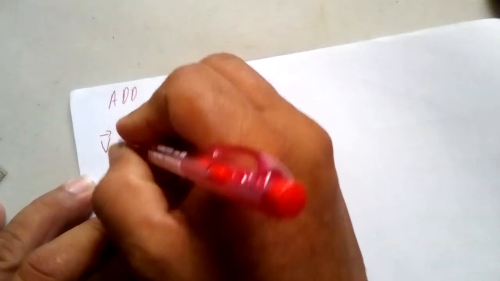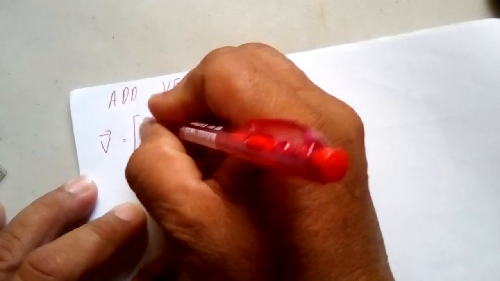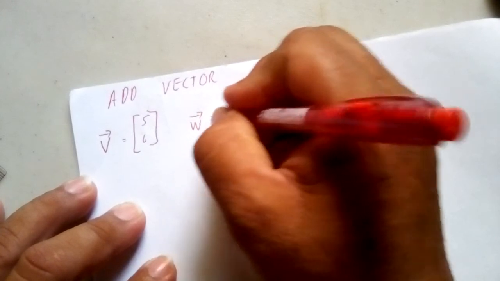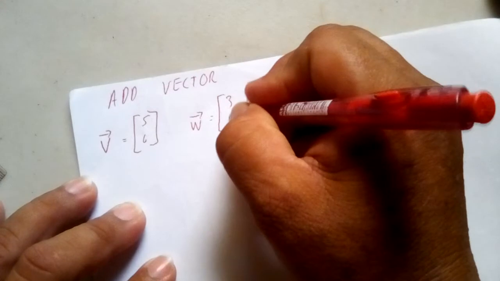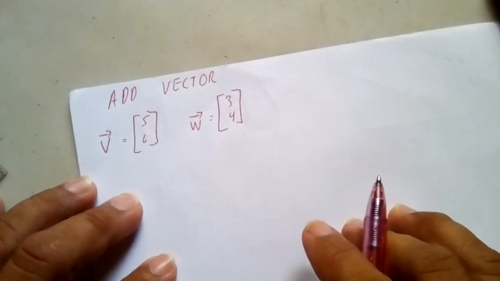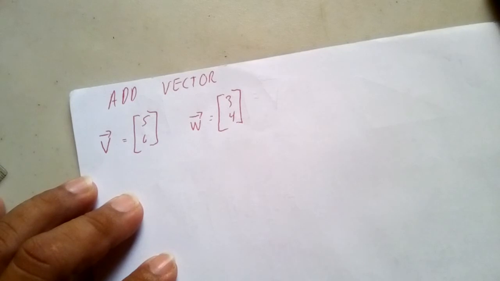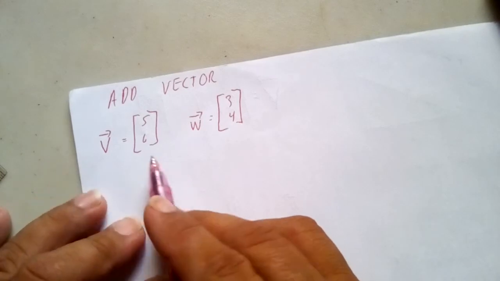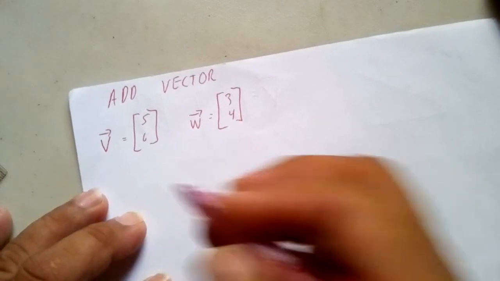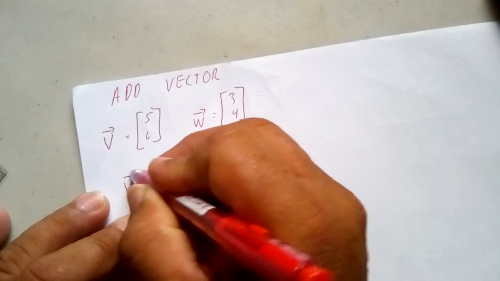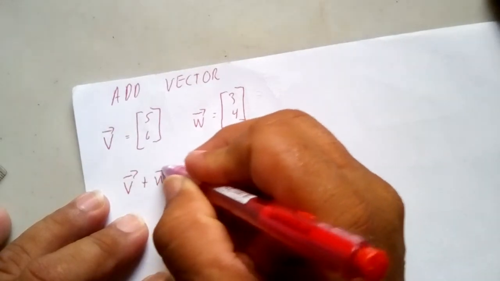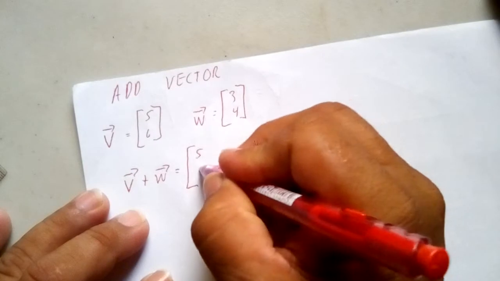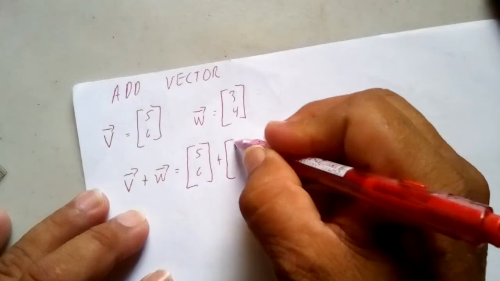Consider vector v has components 5 and 6, and vector w has components 3 and 4. Okay, so those are the two vectors that we are talking about. As you can see, we're going to add these two vectors. The way you write down the addition of two vectors is you put them this way: vector v plus vector w equals, and you write down the two vectors, 5 and 6 plus 3 and 4,